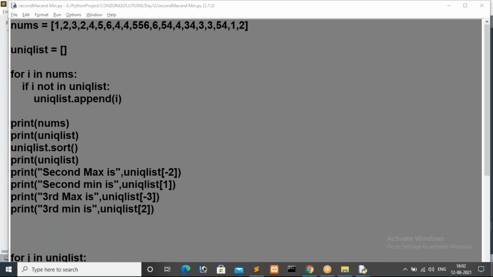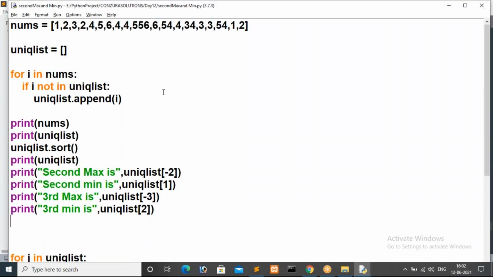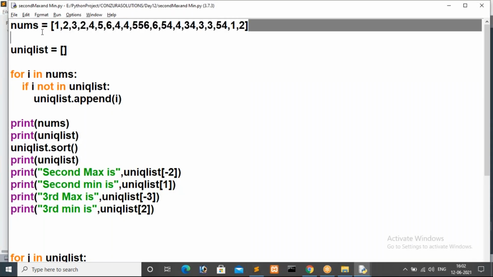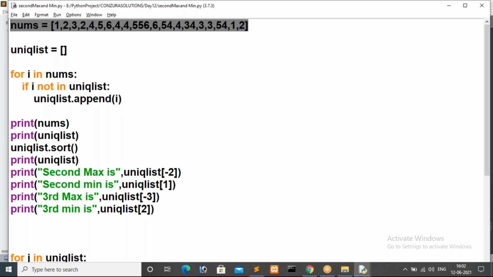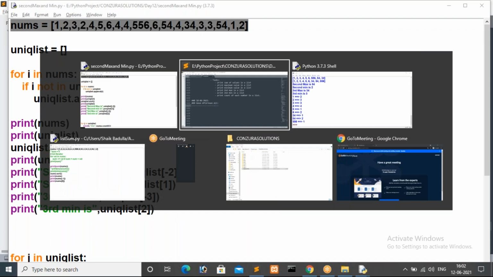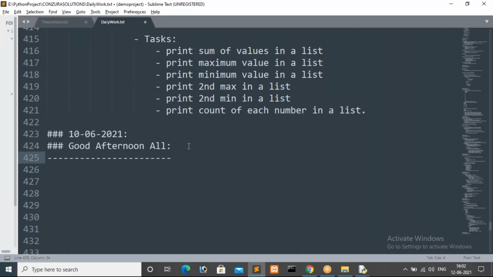Okay, that is fine. Now we will see. Actually, here we are explaining something, but we are taking a static list. Going static is the wrong procedure, guys. Now we will see how to read a list dynamically. For that, I will give a few examples, guys.